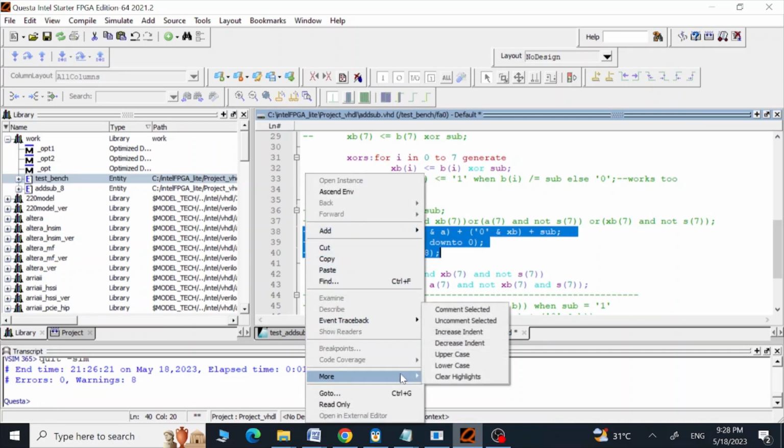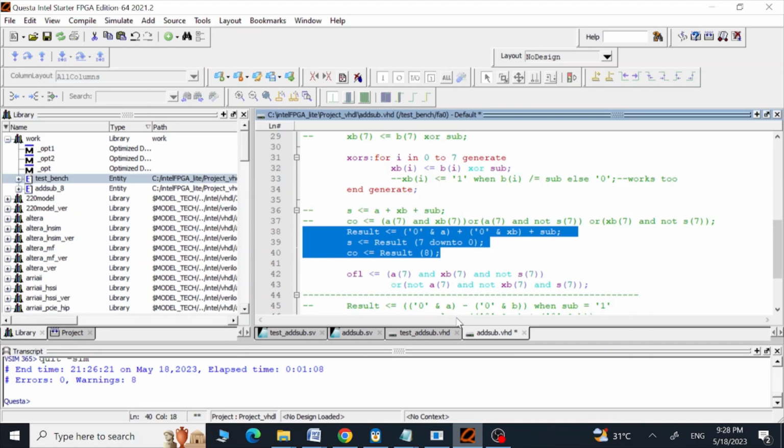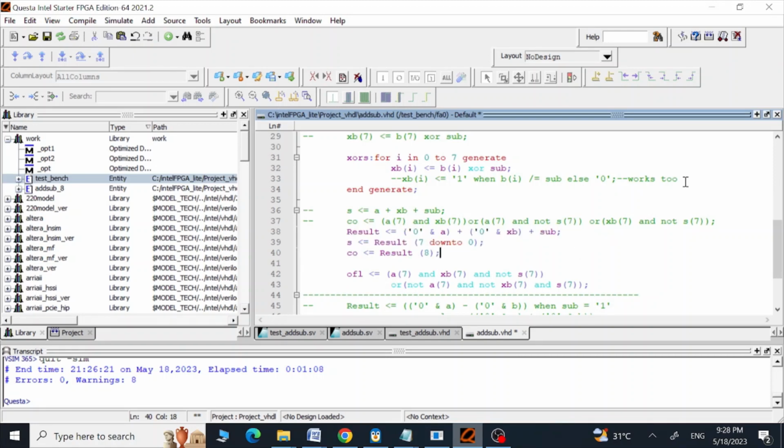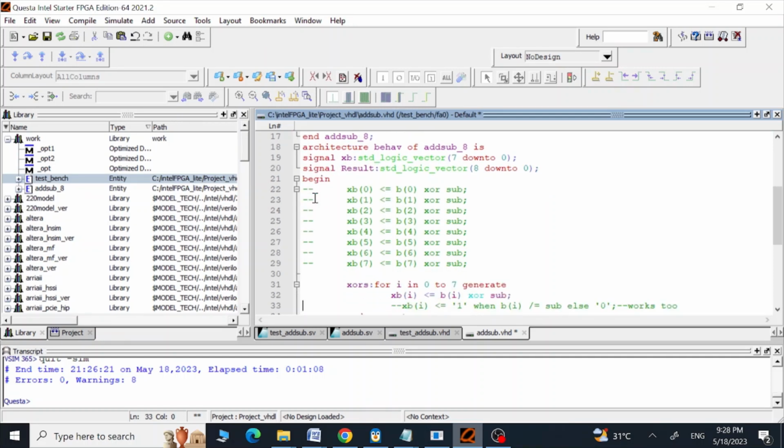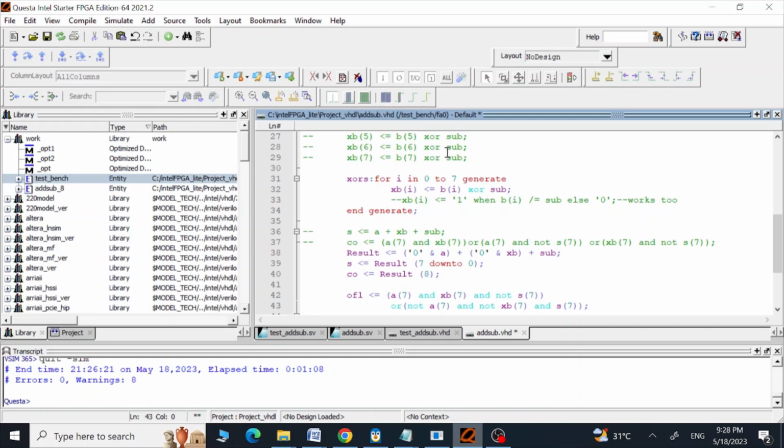So these lines can be uncommented, and for these lines we are going to need another signal, which is this signal, and this is a vector of 9 bits. The first 8 bits of this vector we are going to use to get our sum or subtraction result in the S output, and the last bit is going to give us our carry output, and the overflow logic we are going to get like